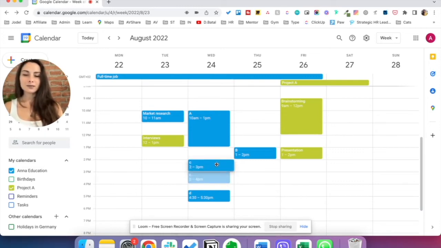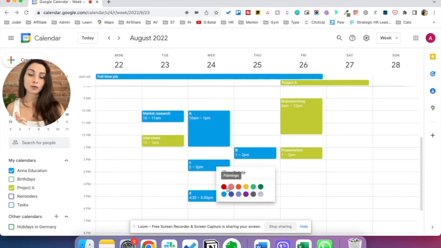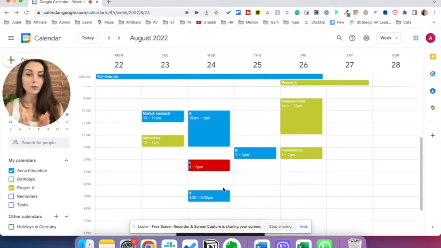And if, for example, these are my tasks, but I know that I have, let's say, a call with our team, if I have an interview, I would change the color of my events, which will show me that this is an event scheduled with someone else. And what I would do, I would just right click on the event, and then I would choose a color, let's say red. And red for me will already mean that it's a call, it's a meeting with someone else, and I cannot just easily move it around. I will need to agree with this person before scheduling it, right? So this, just by looking at the calendar, if I see red, I know that, okay, I need to be available for a meeting or for a call.